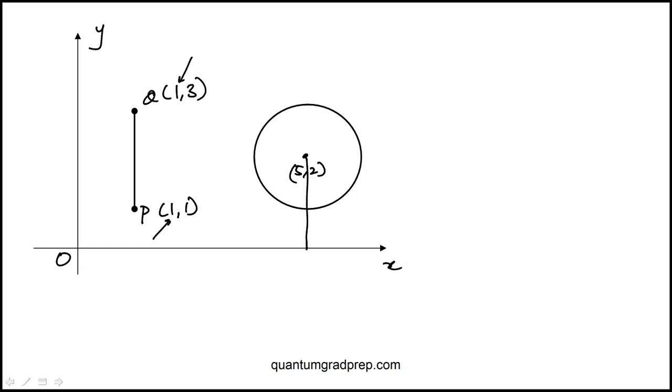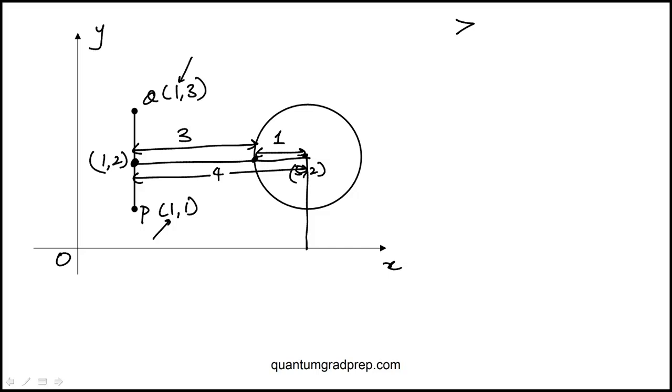So if we start with this distance, because this point here is going to be (1, 2), that distance is 4 units. Now the shortest distance would be from here to this point of the circle. The radius is 1, so that would be 3. So we know that has to be greater than or equal to 3. So if you look at the choices, 2.5 is out, 3 is okay. Then we have to look at the other ones. And actually, 3.5 and 4 are also acceptable because